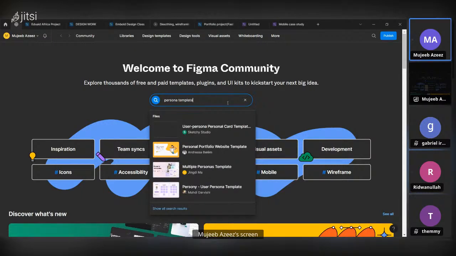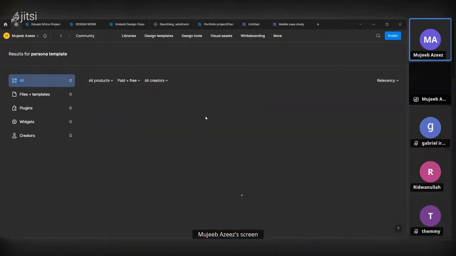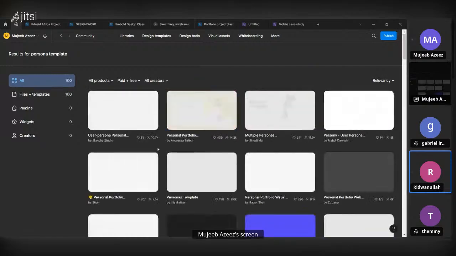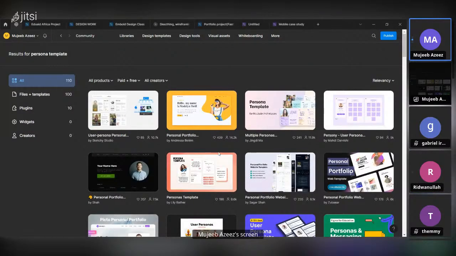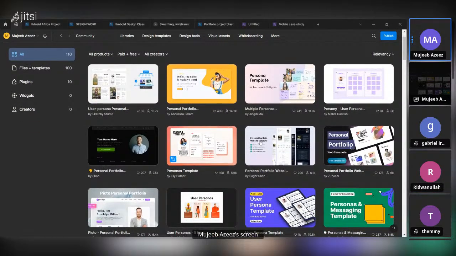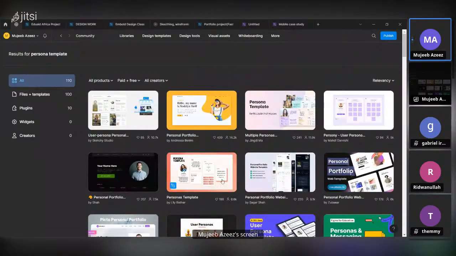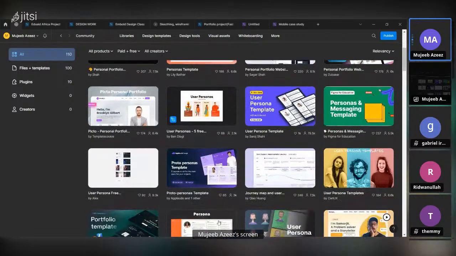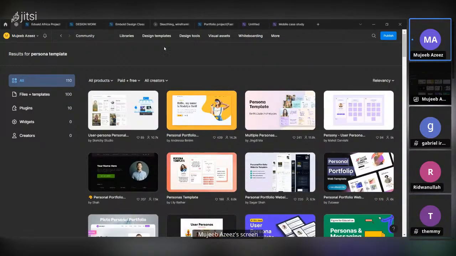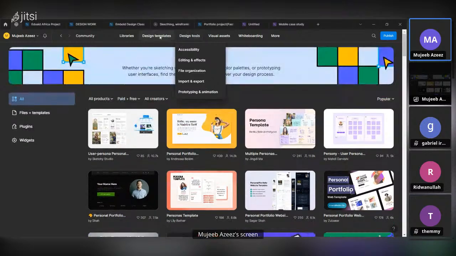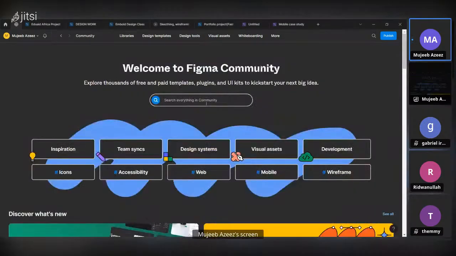So once I enter, you can see we have a lot of persona templates now. You can come here and take any template you like, copy them to your own file, and then start doing what you want to do. If you want web design templates for inspiration and practice, you can just go back to community and search